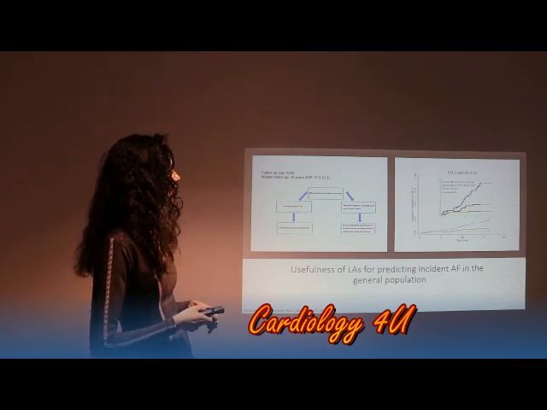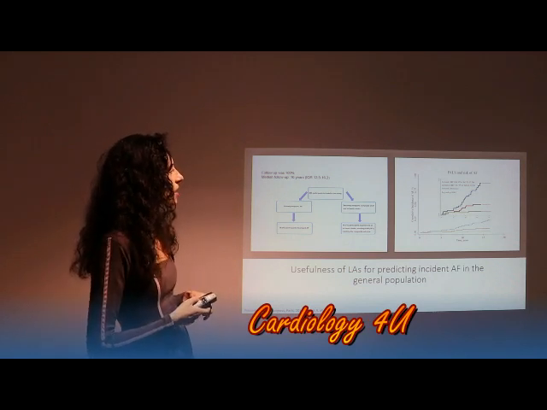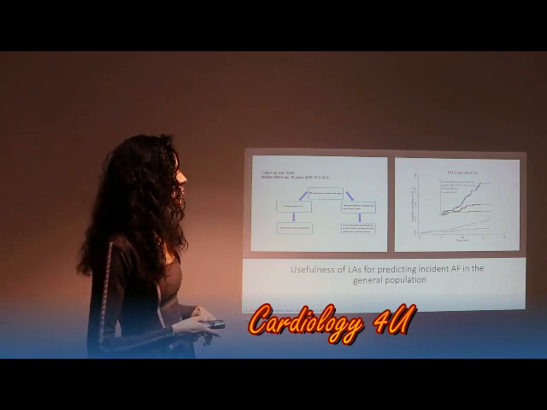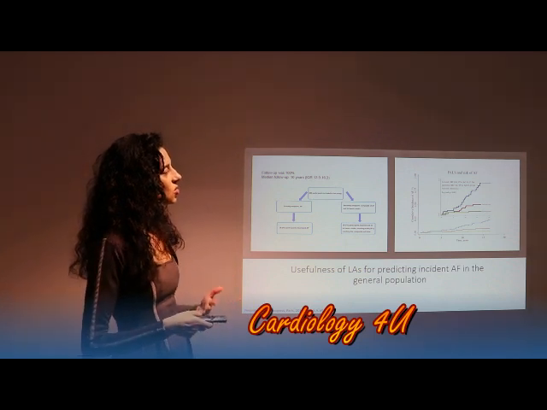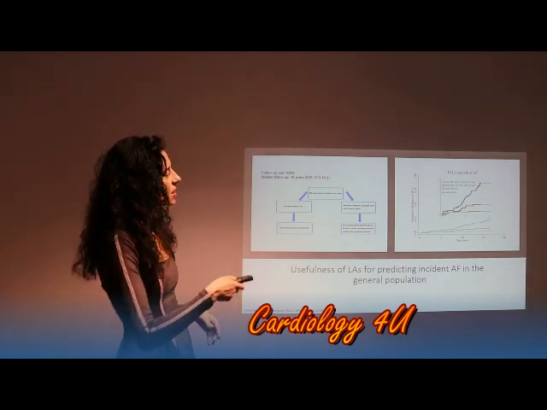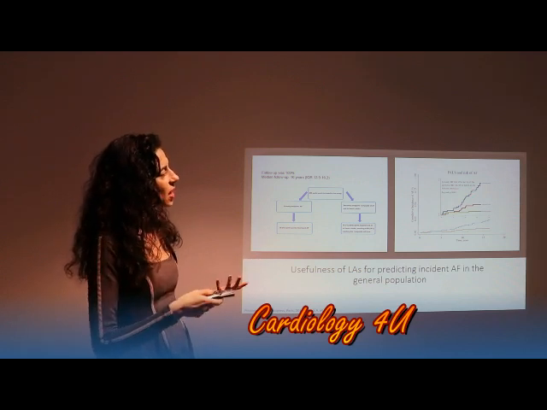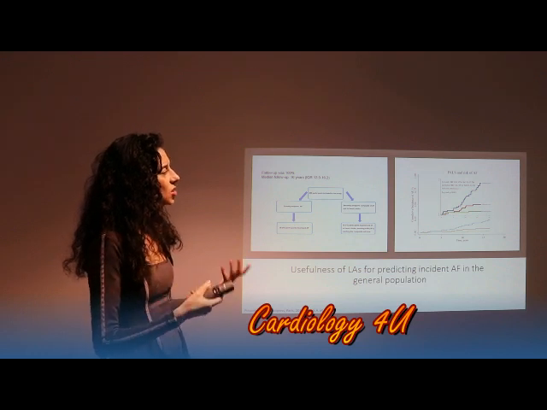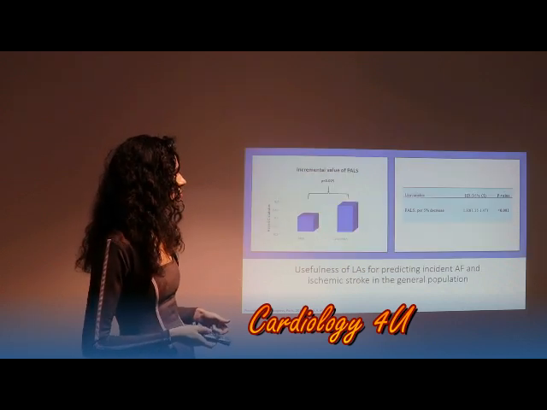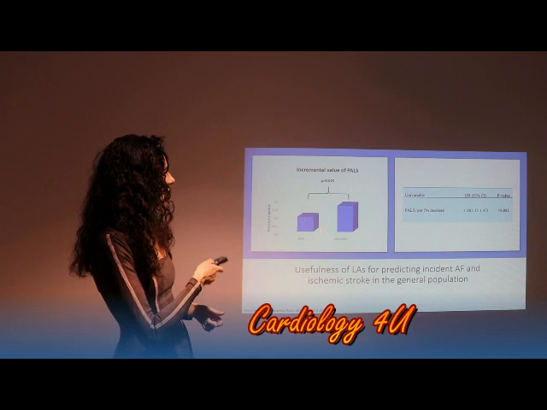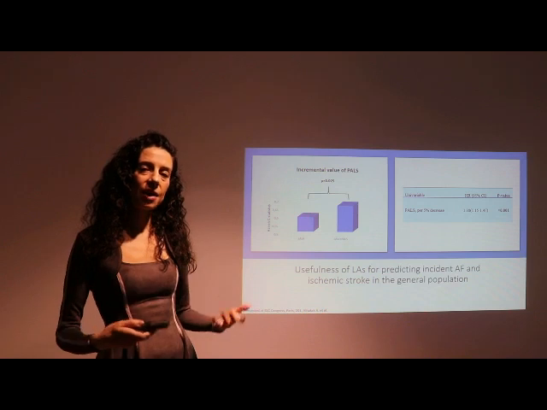And the primary endpoint was the development of atrial fibrillation, the secondary, the development of atrial fibrillation and ischemic stroke. The authors measured the strain of the left atrium, and you could see that there are different terciles of the strain of the left atrium, which largely determine the risk of AF and of stroke in these patients. And as you could see, the left atrial volume index, LAVI, is also a predictor of AF and of